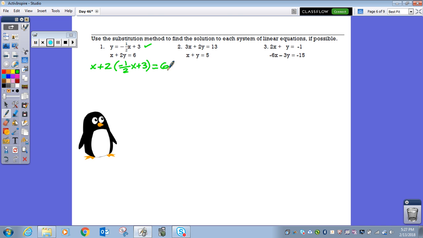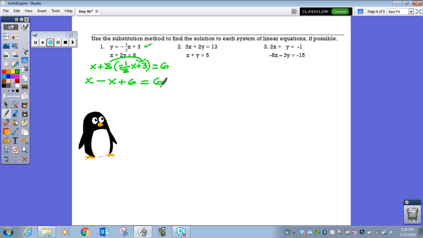And so now I'm just going to distribute. So I have x, I need to leave that as is, right? And I'm going to go ahead and distribute now. So I have 2 times negative 1/2. That's just going to give me negative 1, right? My 2's are going to cancel out, and I'm left with just negative x, right? And so instead of x plus, I can go ahead and write x minus 1x, or I can just write x minus x, okay? You don't have to put the 1 out in front. x minus x, and I'm going to distribute the 2 to the 3, and so I have plus 6, okay,